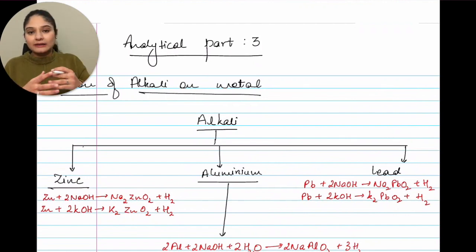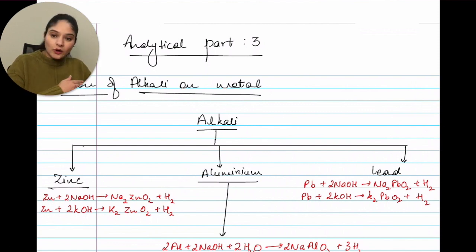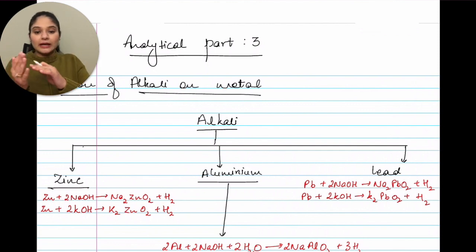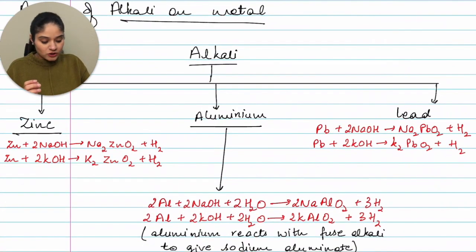What are alkalis? Alkalis are soluble bases and we are reacting them with active metals. In this case, we are just taking the examples of three metals in all of the three sections: zinc, aluminium, lead. So let's get started with the first one. In the first section, you have zinc reacting with NaOH and giving you Na2ZnO2 plus